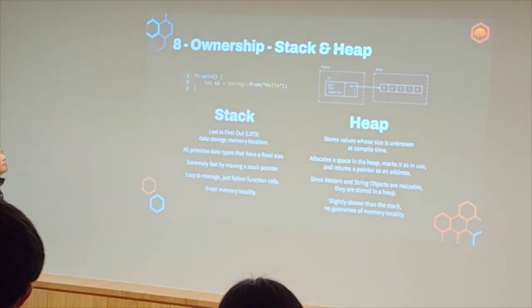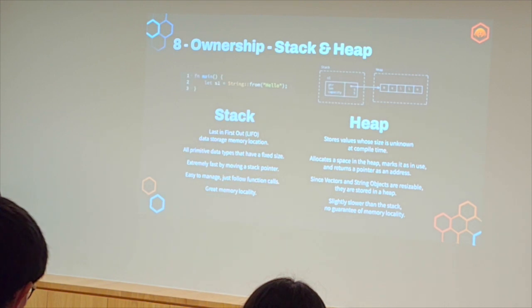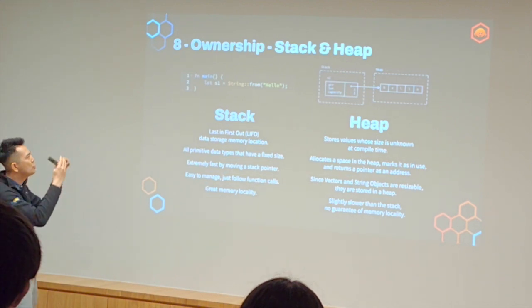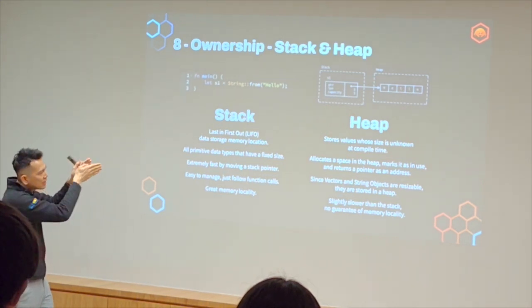To understand ownership, you must first understand some memory fundamentals. The problem is, I also admit, I struggled because I didn't know some fundamentals before I got into ownership. First, Rust leverages two different types of memory management techniques. First is the stack, and the other one's the heap. Stack, if you ever studied data structures and algorithms, you probably know, last in, first out, right? All primitive types have a fixed size, usually like an integer and stuff. Extremely fast because you know exactly where it's going in the stack, and it's easy to manage. Heap is mainly for things where the size is unknown at compile time, like a string, right? And you need some form of what we call,